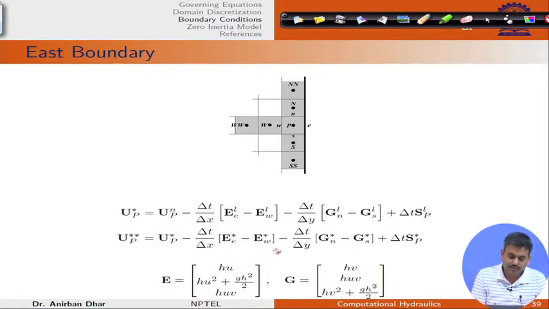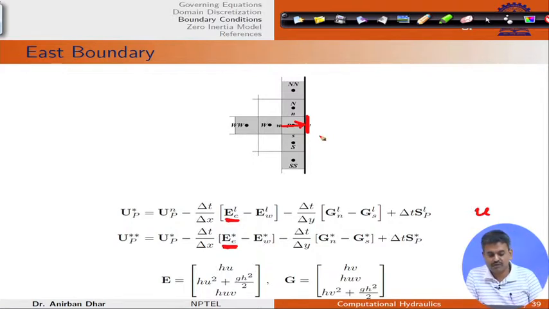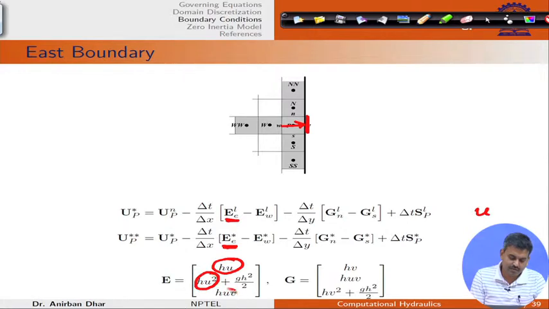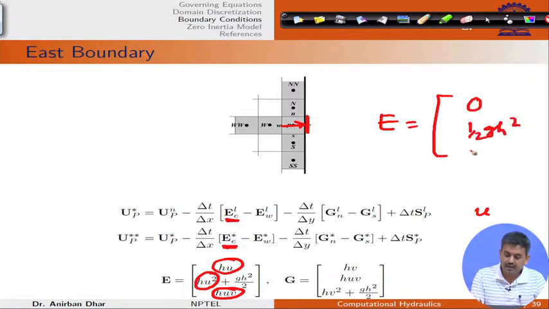What will be the value? For this case, only this component will be there. So, at east boundary u is 0, which is normal to this boundary. So, this term is 0, this term is 0, this term is 0. Obviously, E will be 0 half g h square and 0, and g again this will be having